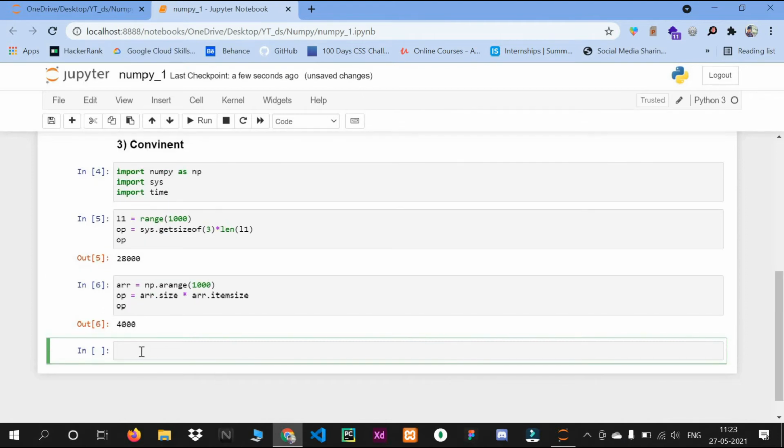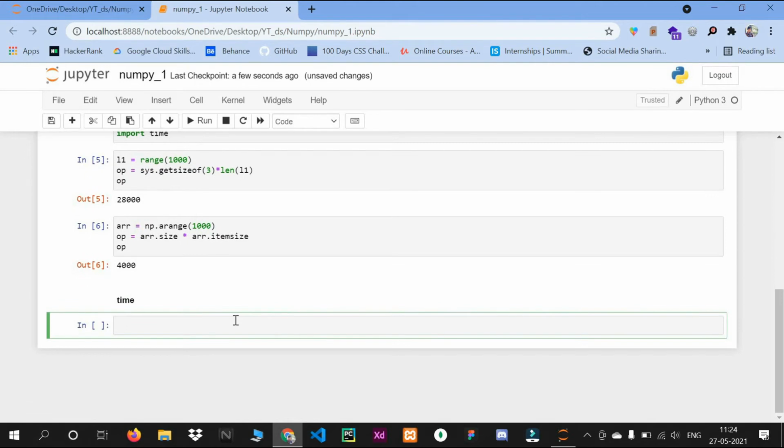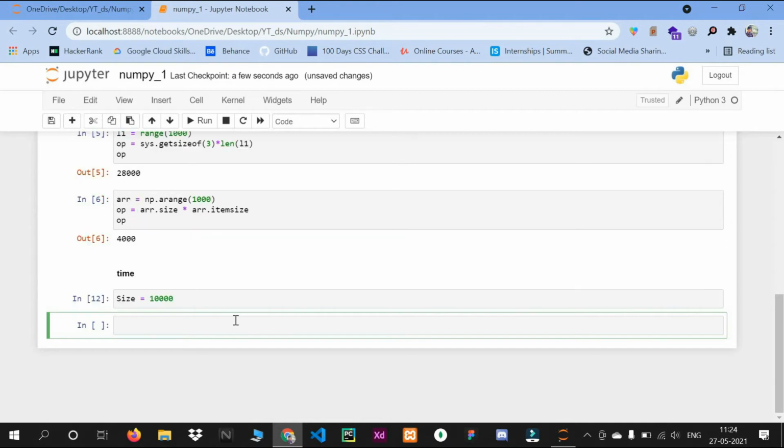So now we will see about time. I will make this cell markdown, shift enter. First I will take one variable, size, let's say 10,000, and first we will see about the Python list, and then we will see about the NumPy array.